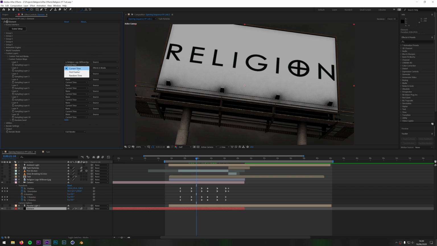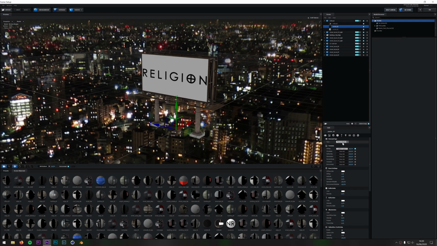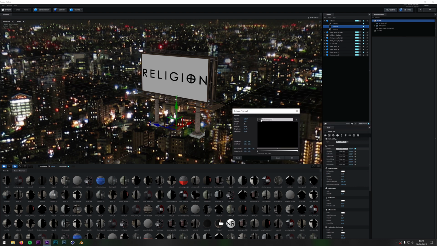And it's also using the current time, which means that it's using the time that the playhead's at in the composition when you view it through the window. I've also got layer 2, which is Tash, which is this one here. Again, current time, but it's got effects and masks this time because there's some effects on this layer which I'll go through in a moment, which I wanted it to take into account. If I use source, then it wouldn't use the effects on that layer. Okay, so then once they're loaded in, that's when you can come into here, click this, and then you can choose them from here like that.